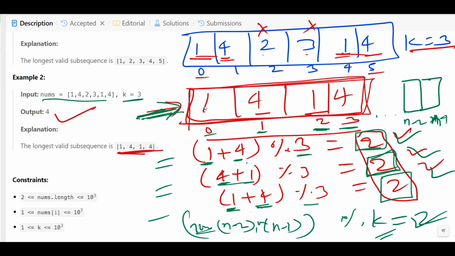So we can say the core idea is to find the sequence where every adjacent pair sum has the same remainder when we divide by k. These are the adjacent pairs, these are the adjacent pairs, right? So for every adjacent pair, the sum has the same remainder when we divide by k. So instead of generating all the subsequences,